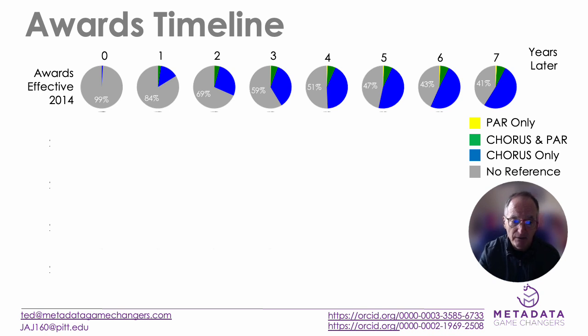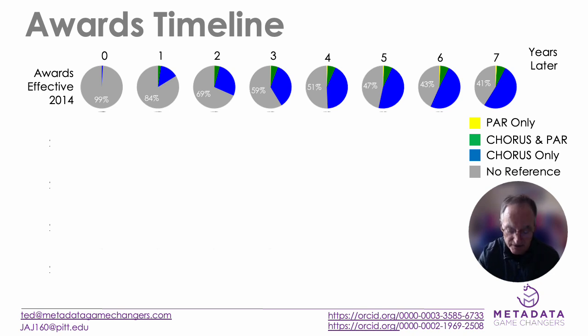Back in the early days of PAR, we can see that chorus, the global research infrastructure, really dominated this picture. And even 7 years later in 2021, most of the awards effective in 2014 showed up in chorus, a few in chorus and PAR, and not really very many only in PAR,